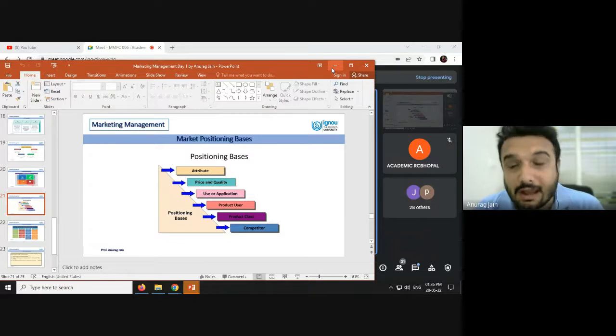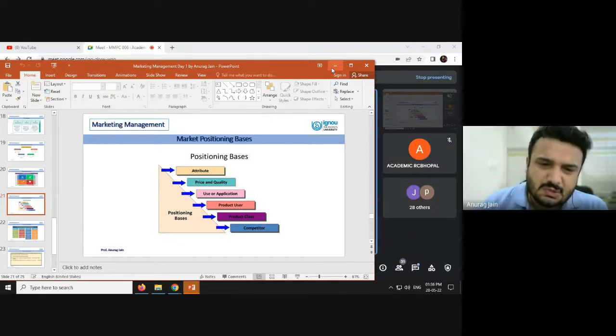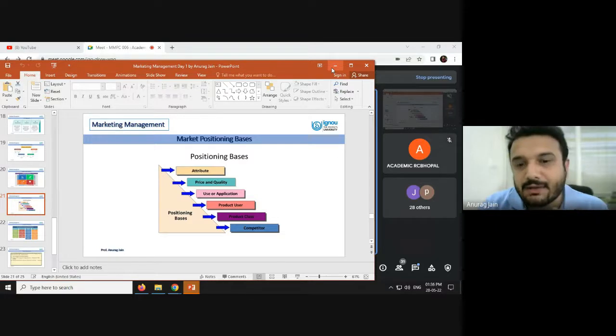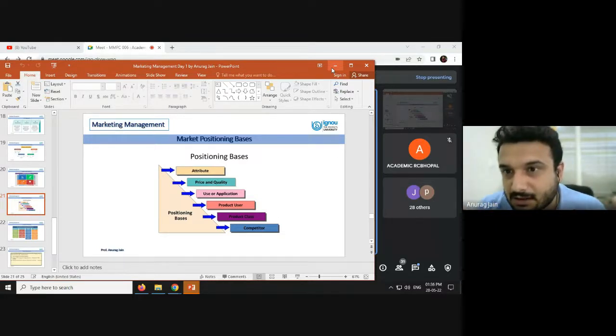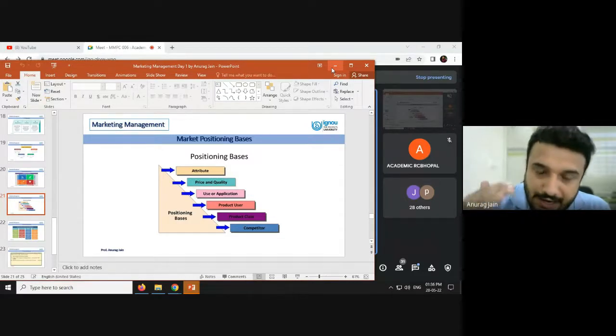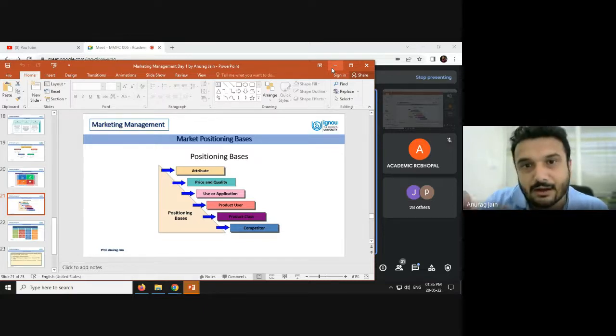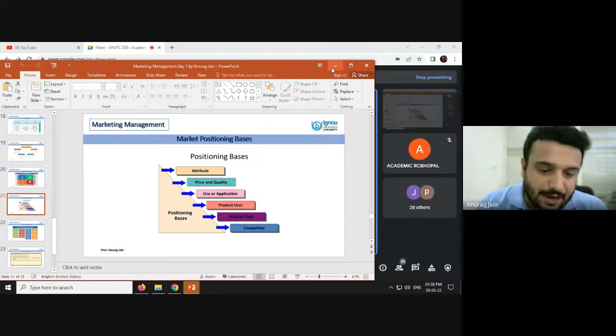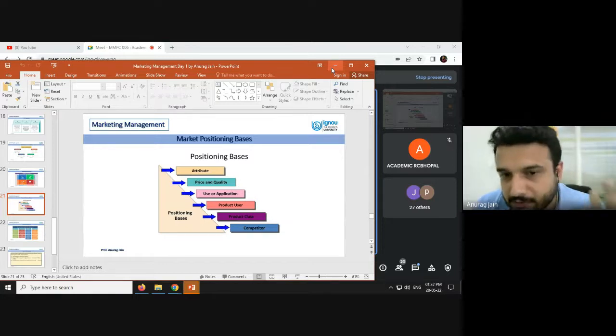What kind of use or application people will be having. A single product can be used very differently by different persons. Suppose there is a mobile phone: a student is going to use a mobile phone very differently. On the other hand, if a business person is using the same phone, there will be a different purpose and a different application of that product for them. A common purpose may be the same. A mobile phone is used for communication, so that will remain the same for each set of customers irrespective of